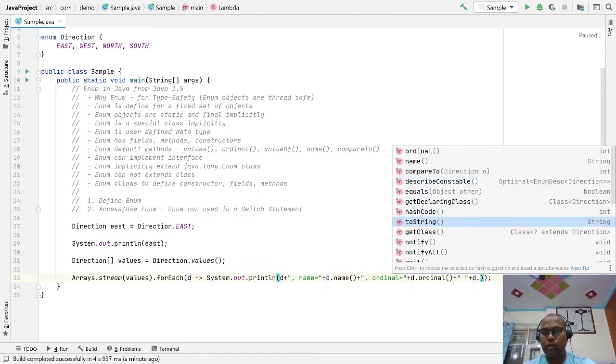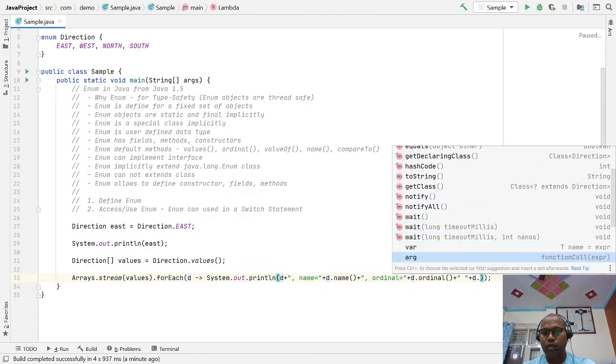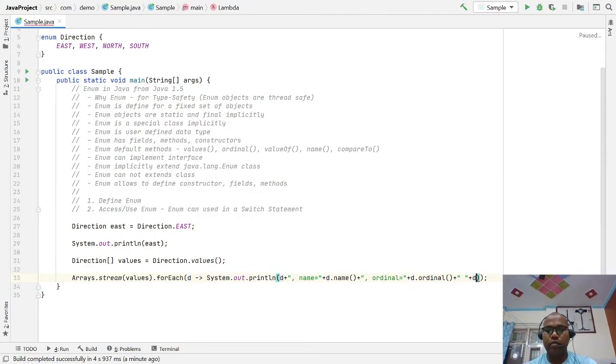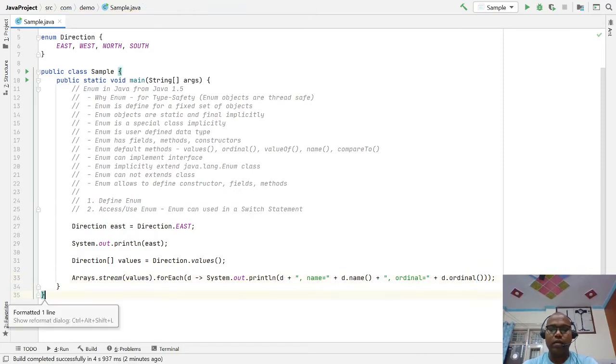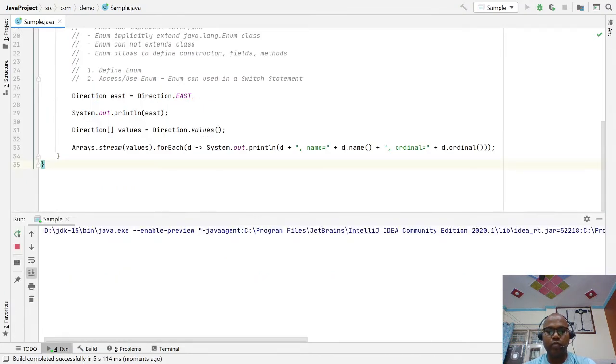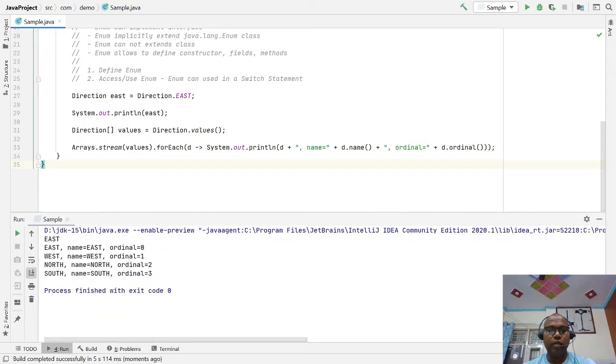Equals method, hashCode, getClass, notify. So these are the name methods that return the names, and your ordinals are just like